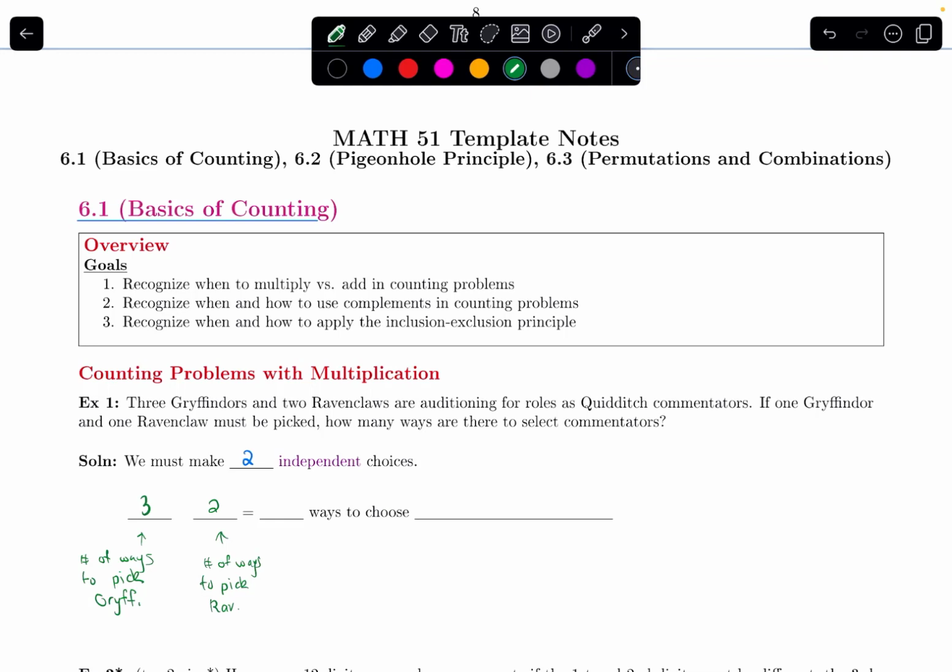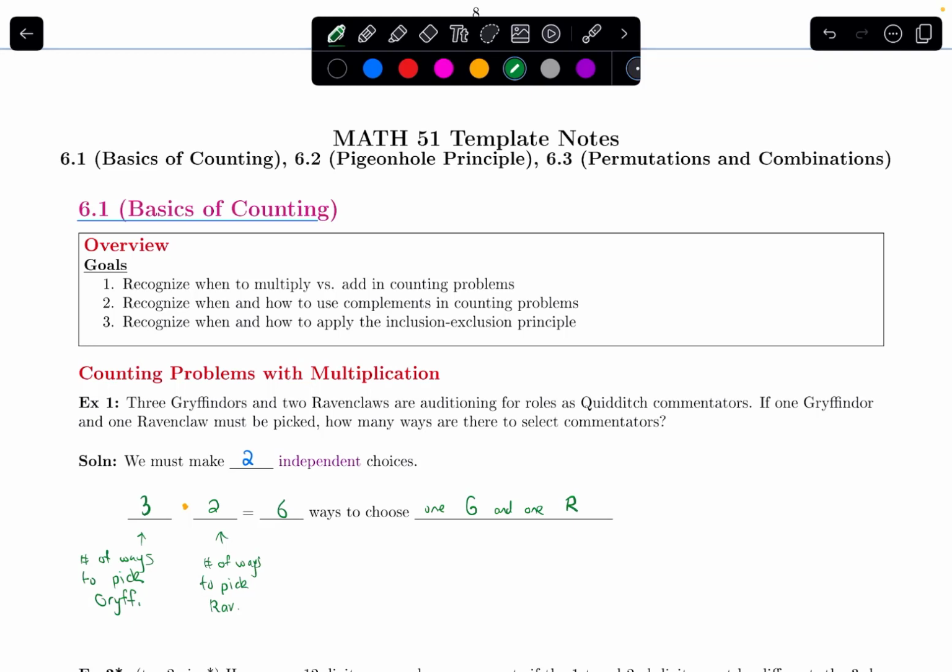I'll just abbreviate that, R-A-V. And then what I'm going to do with those, because the number of choices for the Gryffindor and the number of choices for the Ravenclaw are independent here, I multiply them together, and that gives me 6. And that's the number of ways to choose 1 Gryffindor, I'll call that G, and 1